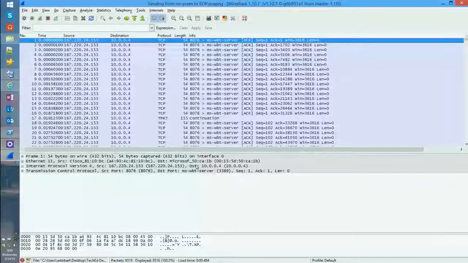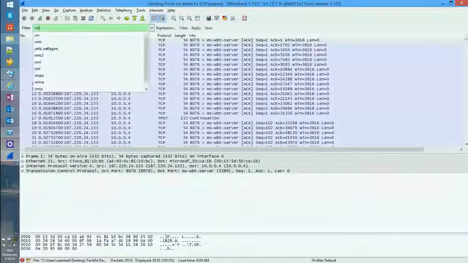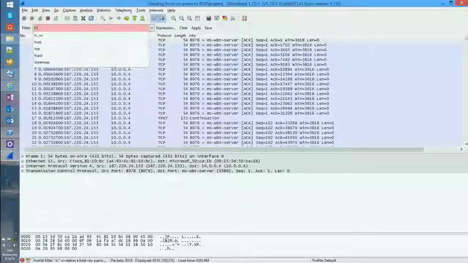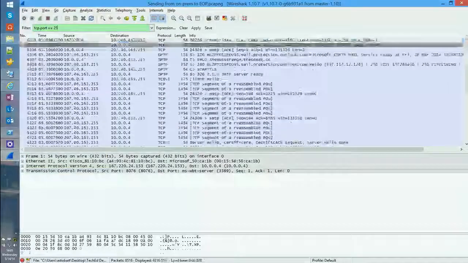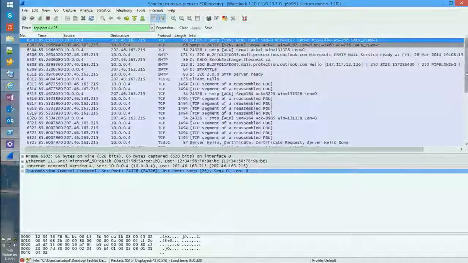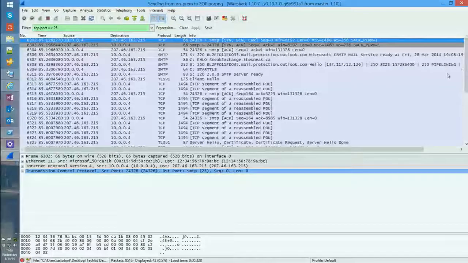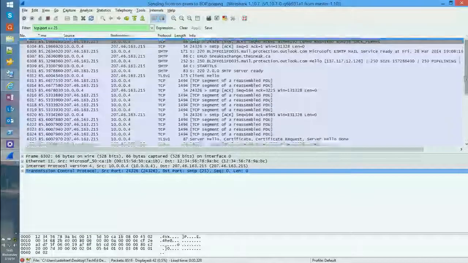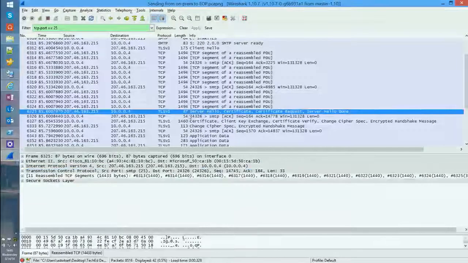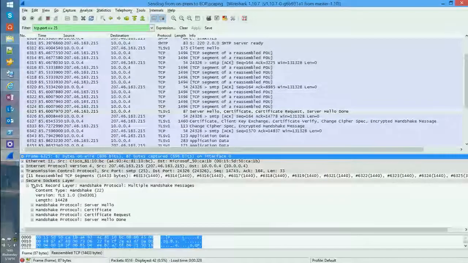So I pulled out my trusty tool of Wireshark and captured a connection between my Exchange server that I have running in a lab, communication up to EOP. So I'm going to just trim this down. So here, and I will zoom in once I get down here. Here I'm looking at the port 25 traffic between my server and Exchange Online Protection. So if I look here, this is the start. I have my server hello, the certificate request. And if I drill down here to see what is going on with this packet,